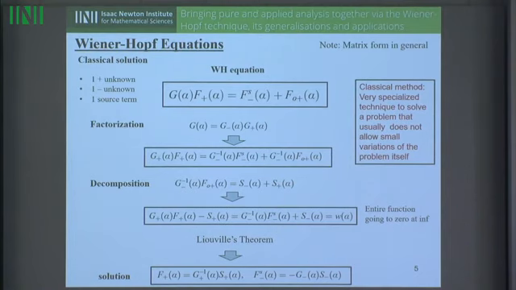We will show how the Wiener-Hopf factorization can handle more types of kernels, especially when you don't have closed form factorizations. By splitting the kernel, we can rephrase this equation into this equation. We invert the G minus, and by using what we call decomposition, probably this is a multiplying factorization, this is